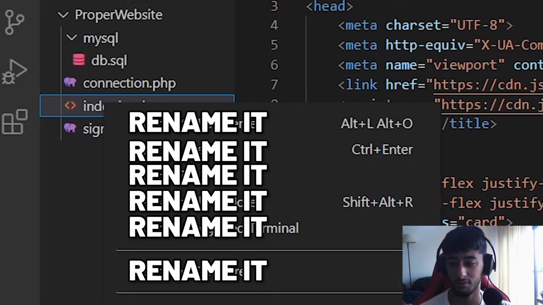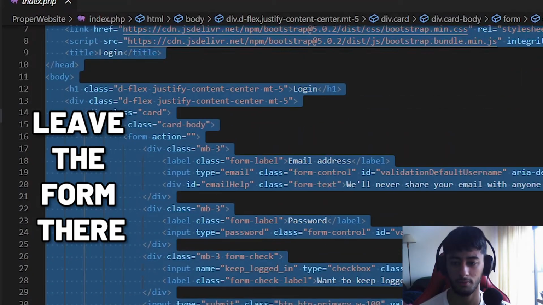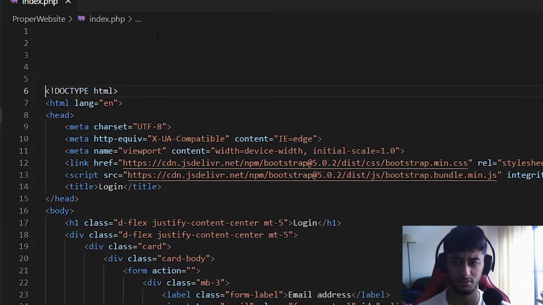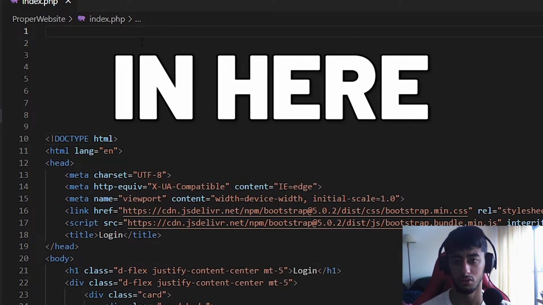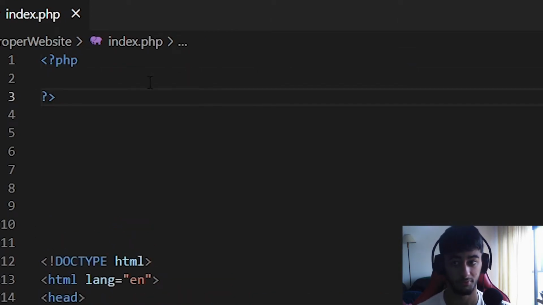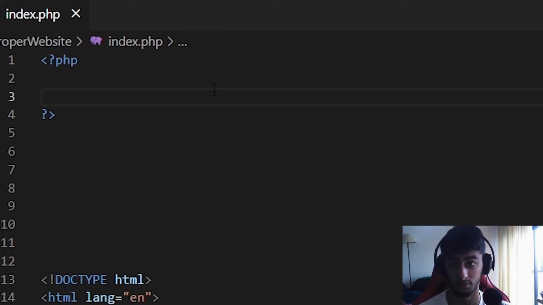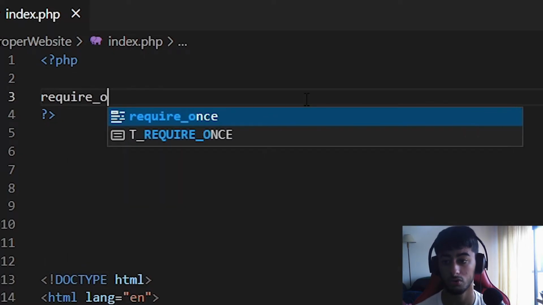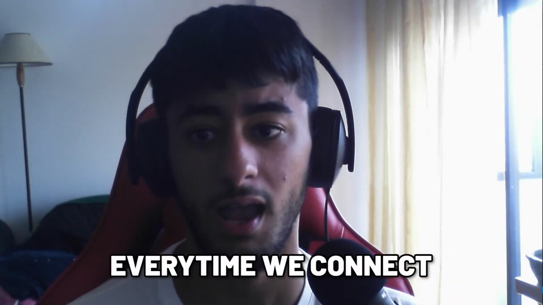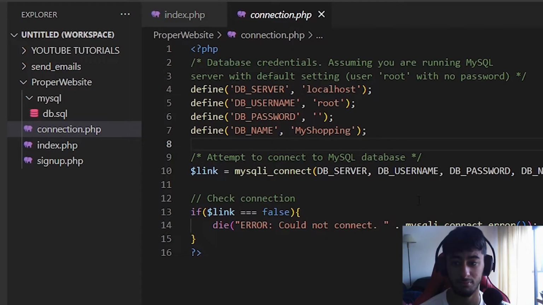Now we are going to rename it and change it to PHP. And with the PHP we are going to leave the form here. I'm not going to touch it. And we are going to add some enters, and you're going to start coding in here. The first thing, as always, should be opening the PHP itself. After this, we are going to link something up. Require once the connection.php. Why is that? Because every time you're going to make some connection, we are going to ask for this